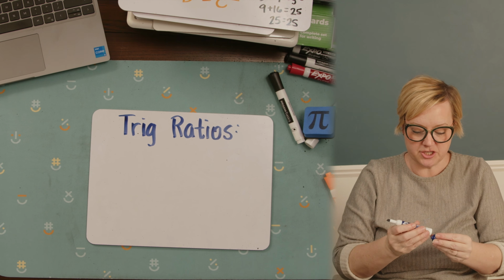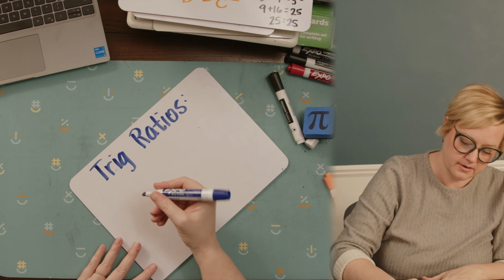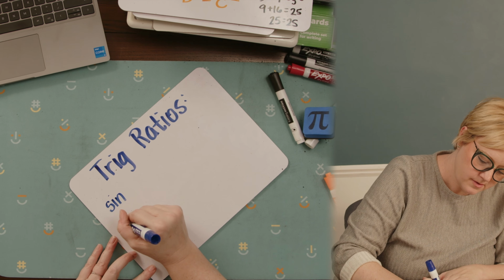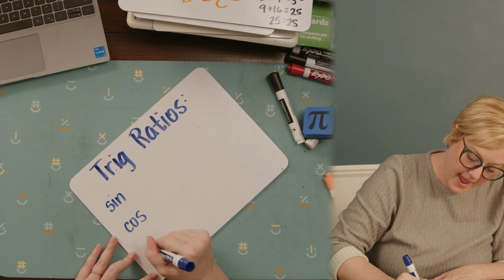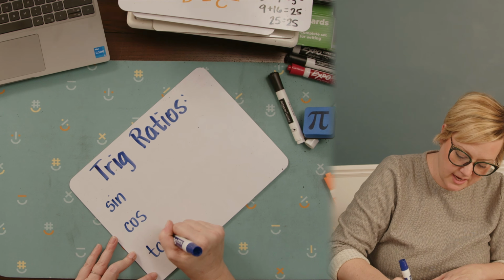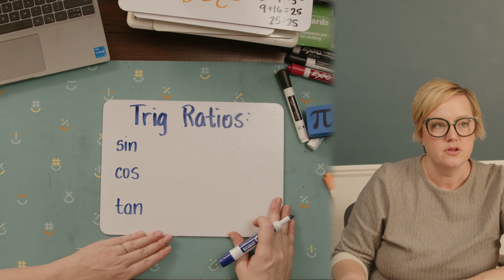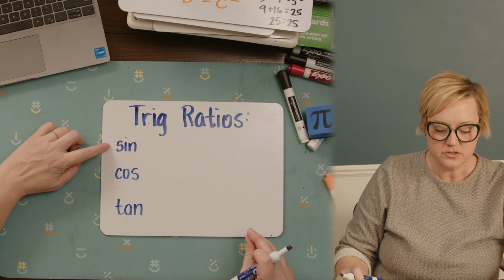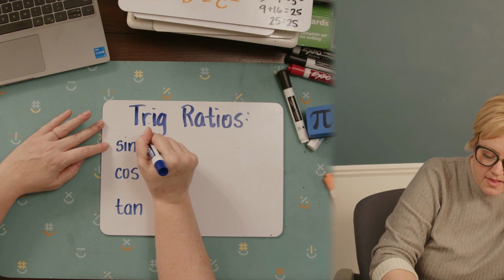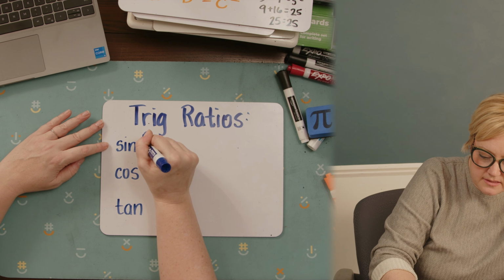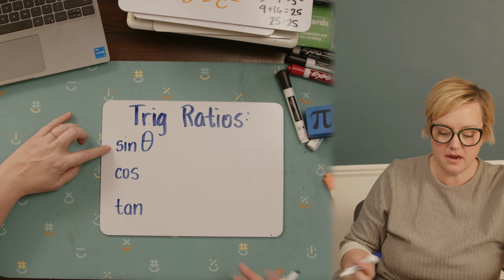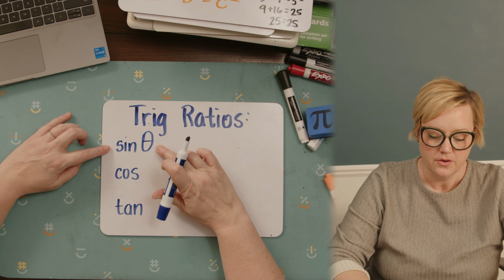So the trig ratios are sine, cosine. The three main ones are sine, cosine, and tangent. Okay. So this means that it's like the relationship. Okay. So sine, and then we use this symbol here, this circle with a slash through it. That's theta. Okay. So sine of theta